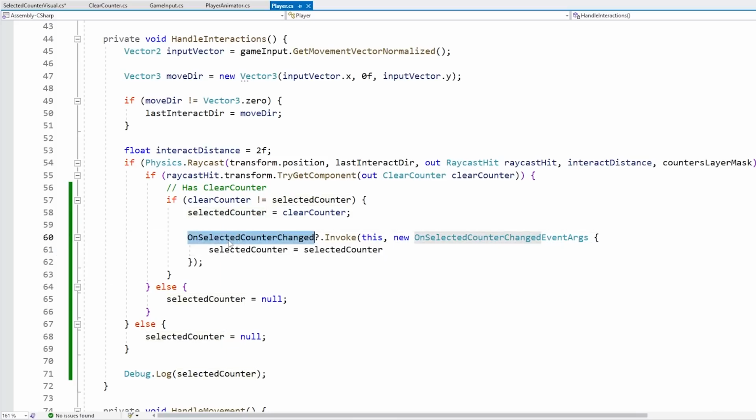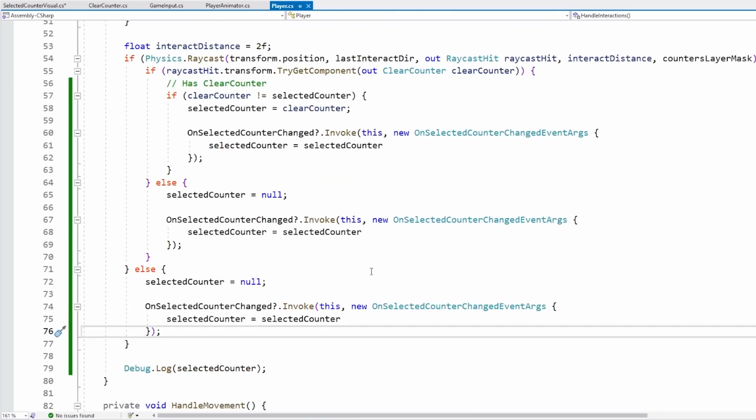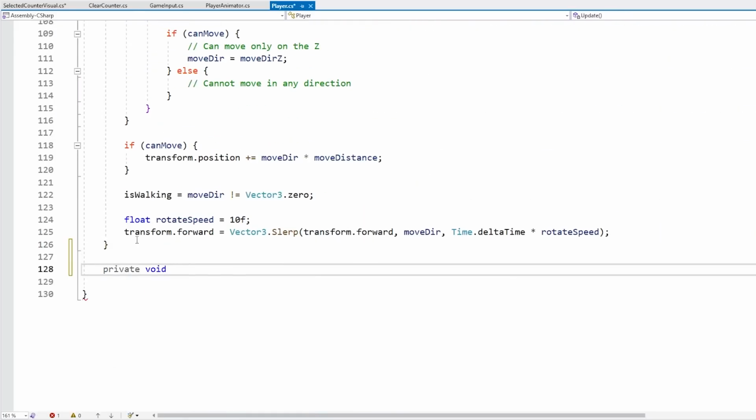Okay, so that's really it. We're firing off the event when the selected changes, and we're passing it in. And let's also make sure to do it over here, so let's copy and paste some code, and there you go, just like this. Except, of course, we can already see a bunch of code duplication. Usually that means it's time to refactor, so let's do that pretty quickly. Let's go down and make a brand new function. So let's make a private void. Let's call it